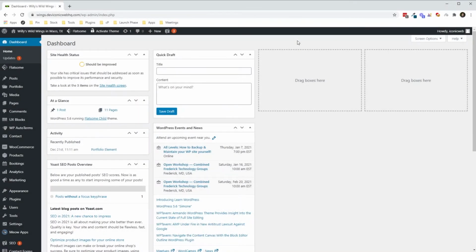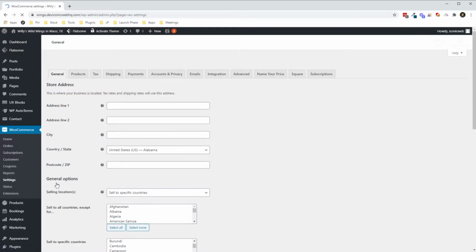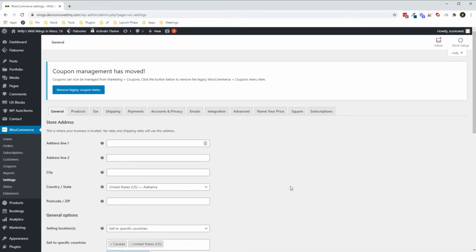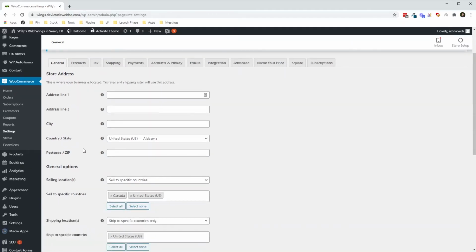Looking at the WooCommerce settings, we go over here, hover over the WooCommerce tab. We can actually go and click on settings right here. So these are all of the settings that you can configure for your WooCommerce shop. And what WooCommerce is, it's for e-commerce stores that are going to be selling things on the site. So you are able to take in any payments through the site and then fulfill that order just like an